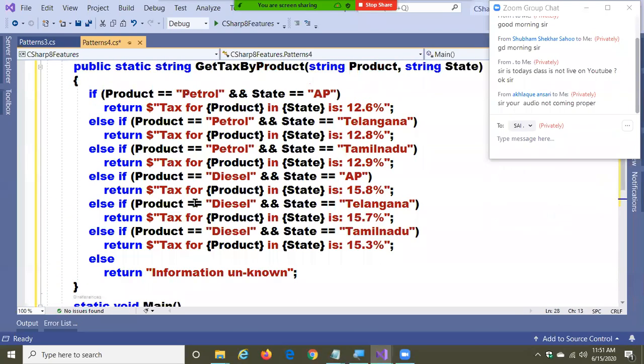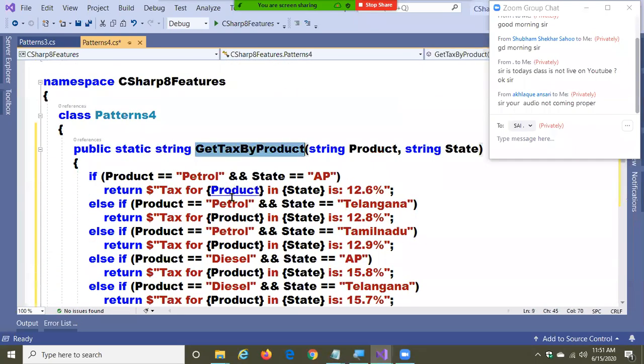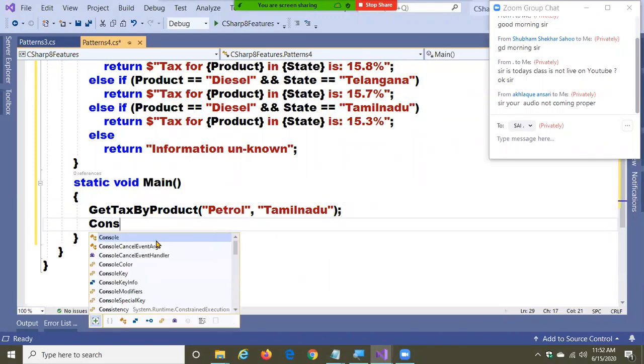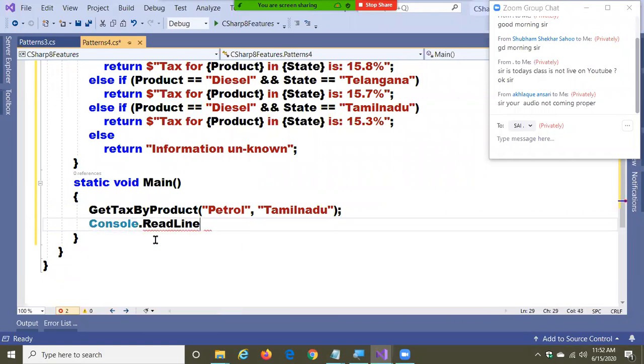Now call this method, get tax by product. And I'm calling it now. I'm passing the product name as petrol, and the state is Tamil Nadu. Console dot read line.